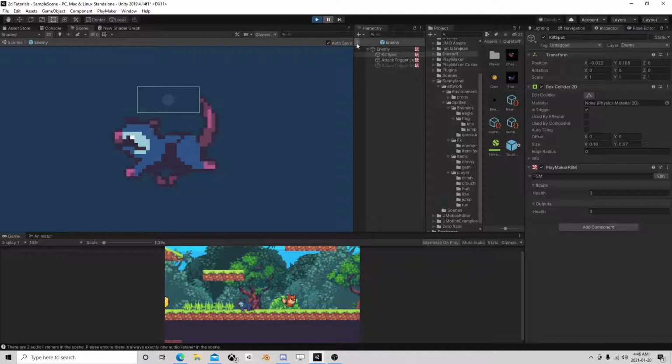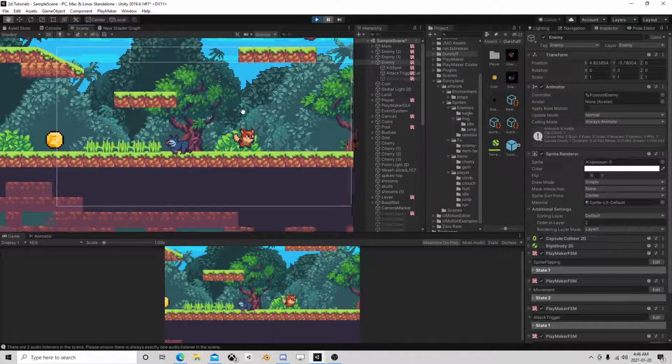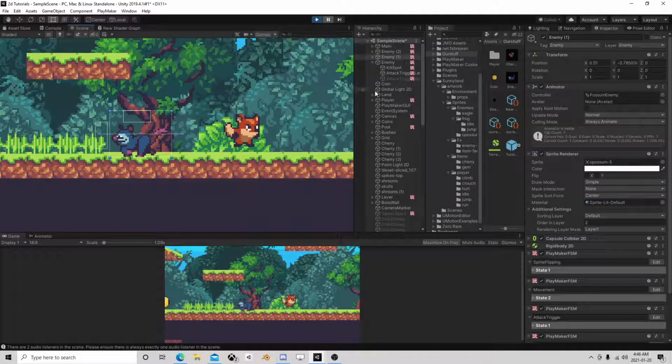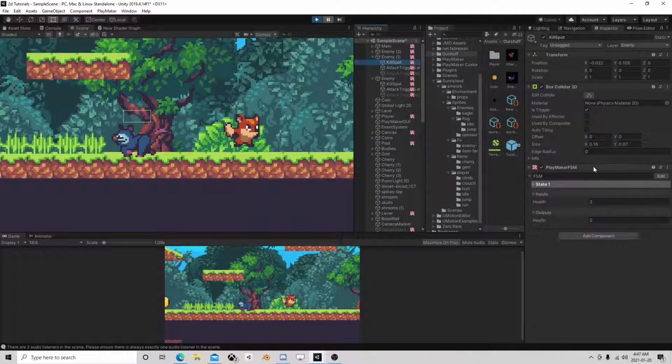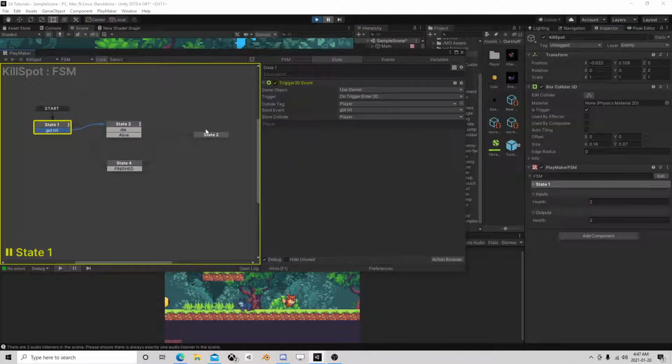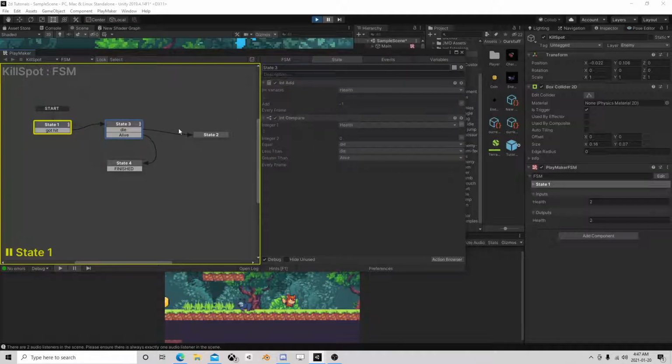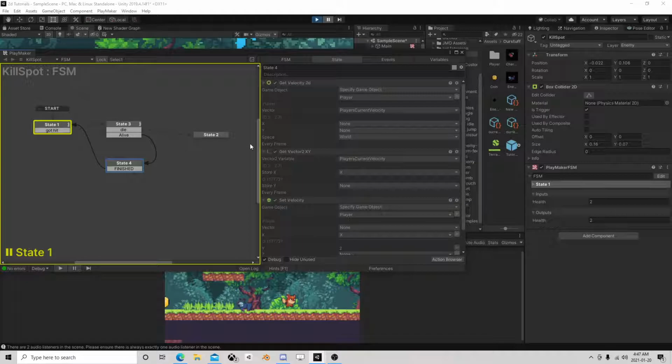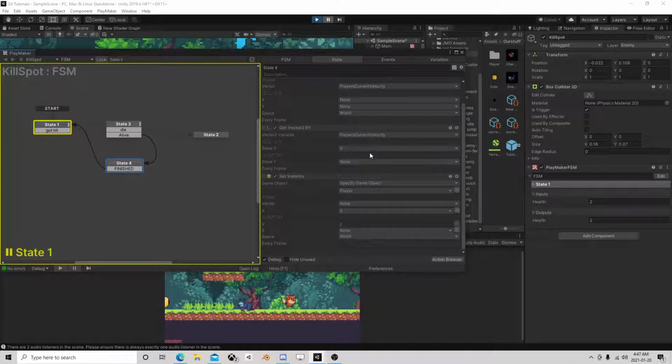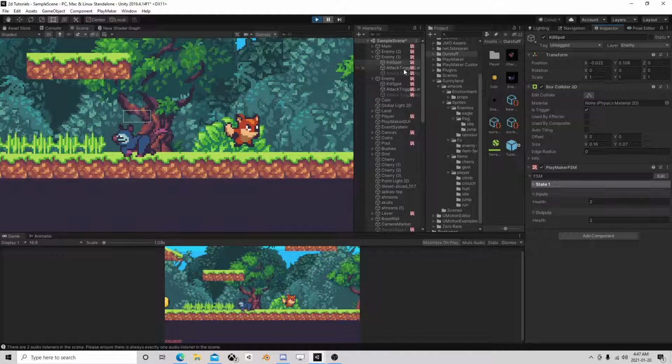So let's see what happened there. Because we hit the guy. We hit that guy. We hit him on his kill spot. I'm pretty sure we did. That's why there's a collider, and we took one off his health. We got the velocity, right? We had that X. And yes, so